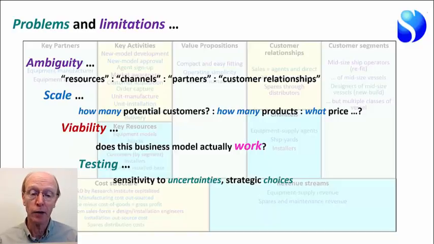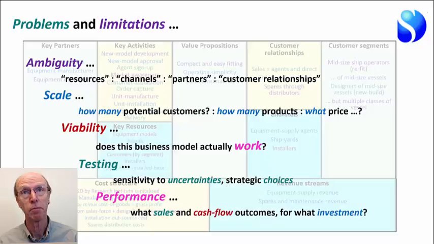And the bottom line, and the real killer here, is that it doesn't tell us anything about the business performance. We don't know anything about what sales will result, what revenues will be, how costs will develop, how cash flow will develop, or what investment or other expenditures we have to make to get this thing to actually go. So, as I say, those are some of the difficulties, and I'll illustrate those difficulties with some examples of how business models are presented.